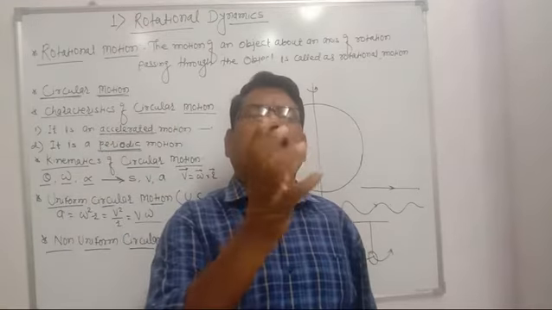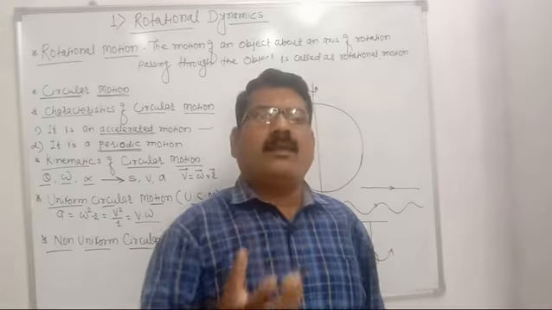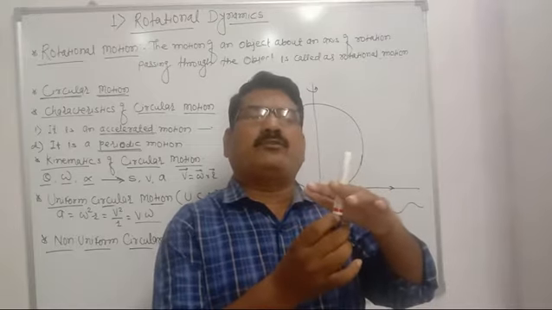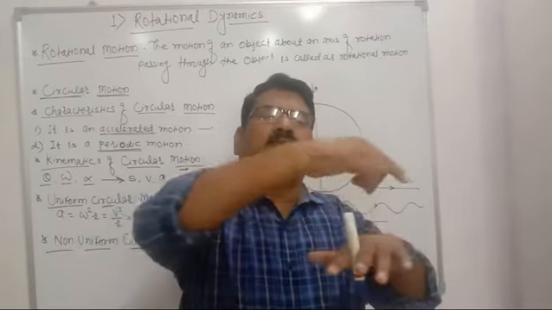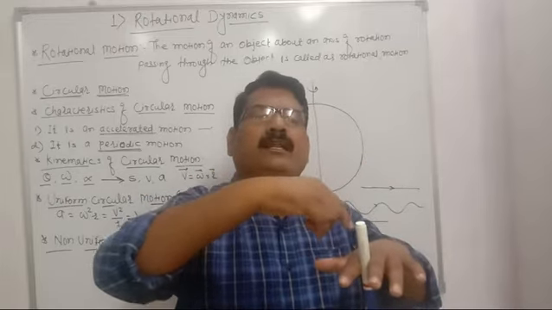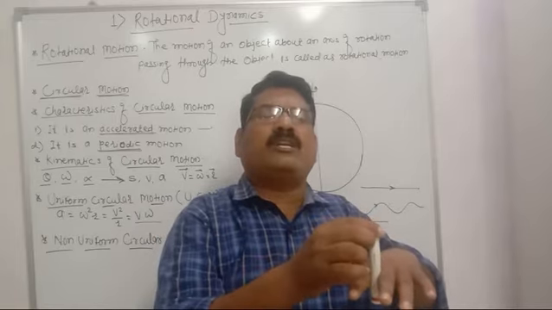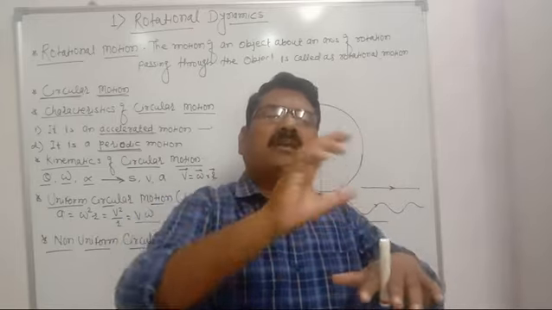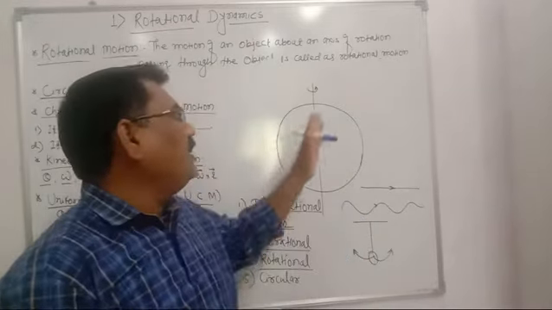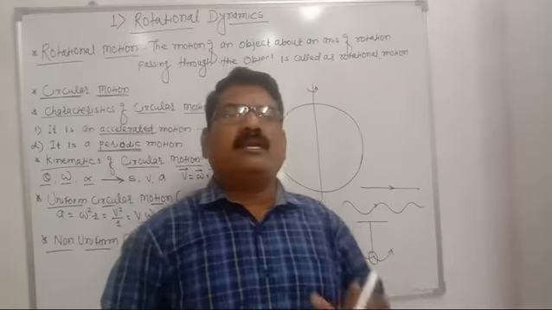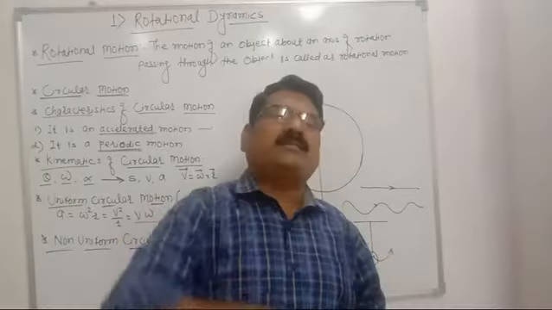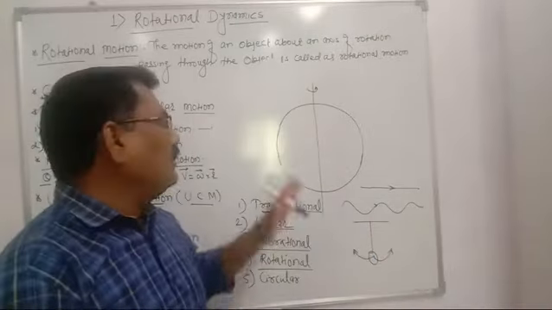For example, there is a small bob, and a rod or needle is passed through that bob, and when that bob is rotating about that needle or rod, then you can say that needle is the axis of rotation, and about that axis the body rotates, and that is called rotational motion. In this way, when the body is rotating about an axis passing through that body, that is known as rotational motion.